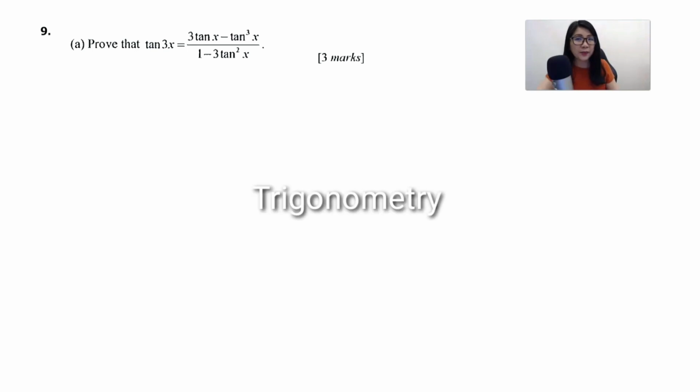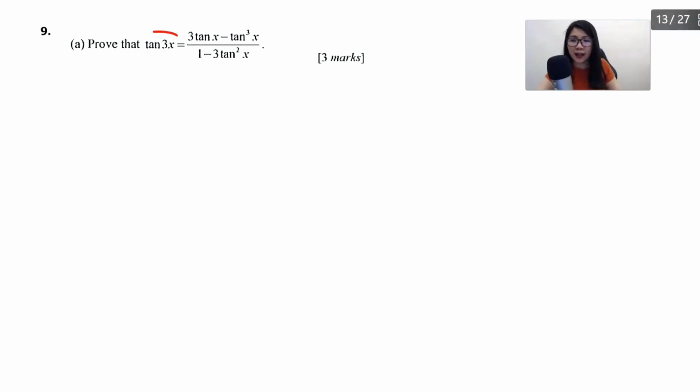Okay, now let's look at question number 9. Prove that tangent 3x is equal to the right-hand side. I'm going to use 2 formulas for this question. The first formula is tangent A plus B. You can get this formula from the formula sheet given during the exam. So it equals tangent A plus tangent B, then over